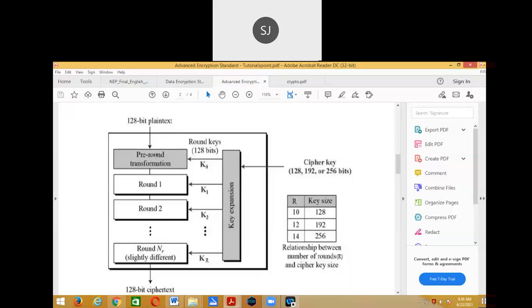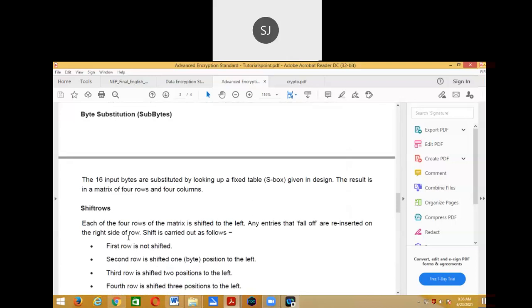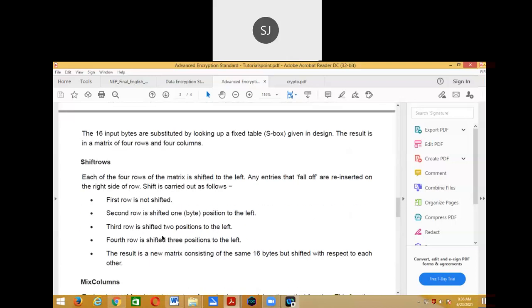No doubts. See, the number of rounds in AES is not fixed. It is based on the key size. That is one important thing, and it is much stronger. It is also a block cipher that encrypts a 128-bit input plain text block, and the key is of size 128, 192 or 256 bits. Depending on the key size, there are 10, 12 or 14 rounds. What happens inside each round is explained here.